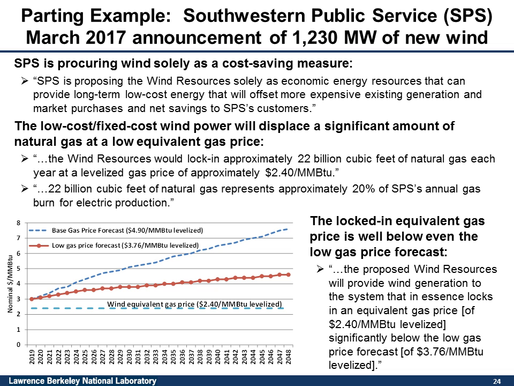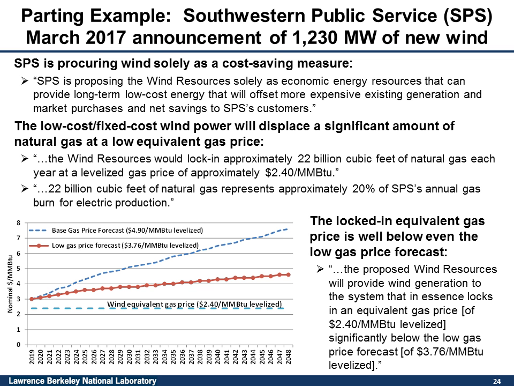And with that thought, I just wanted to leave you with a very recent example of one such modeling process that ended up highlighting the long-term hedge value of wind power. So earlier this month, Southwestern Public Service filed for regulatory approval to procure more than 1 gigawatt of new wind power by 2019. The filings reveal that SPS is procuring this wind solely as a cost-saving measure, that is, to displace higher-cost resources that it already has.